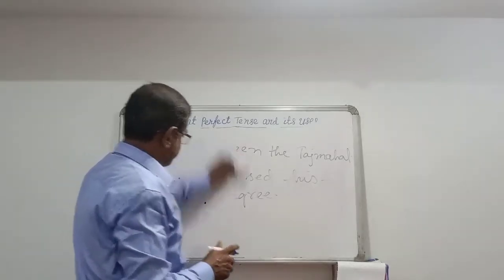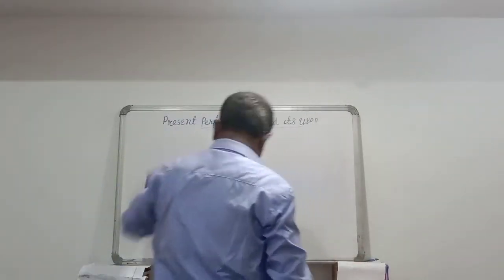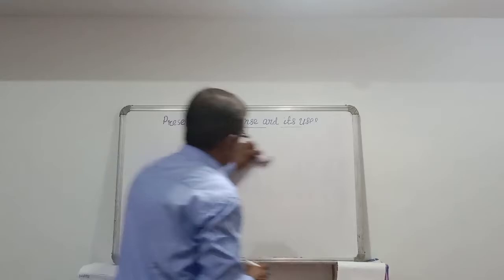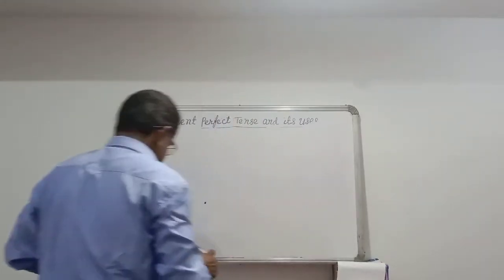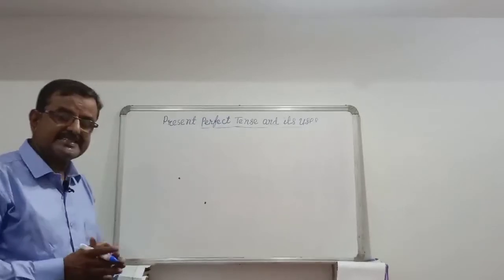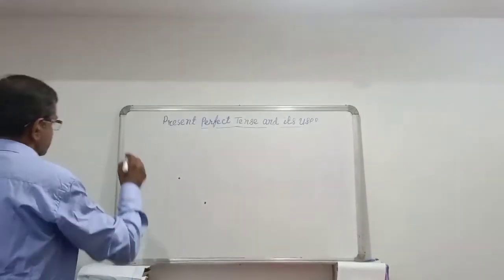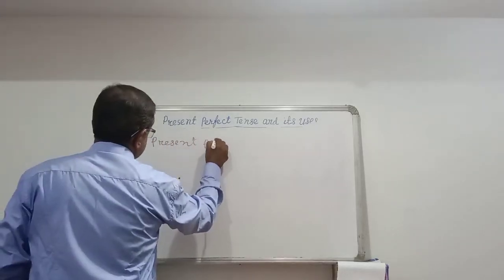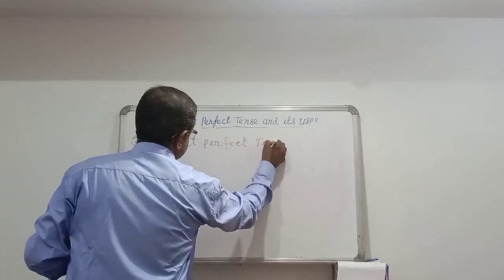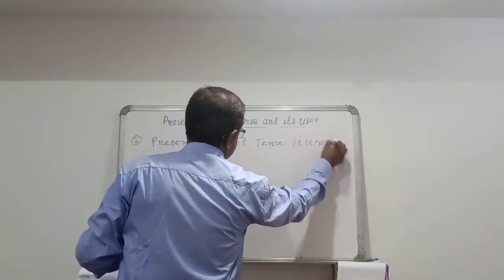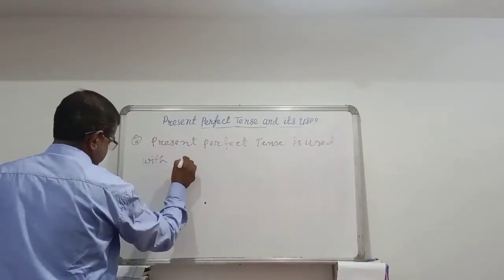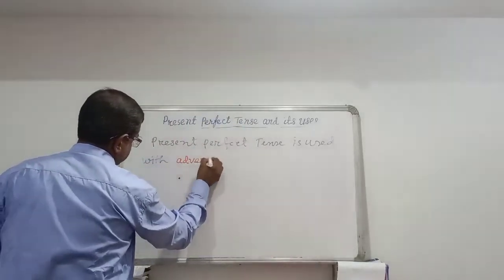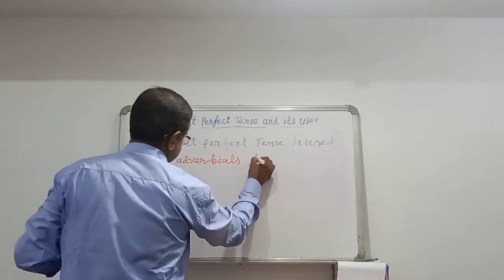So present perfect tense, another most important function of present perfect tense, or another most important use, is that present perfect tense is used with some adverbials. You can write number 5. Present perfect tense is used with adverbials like